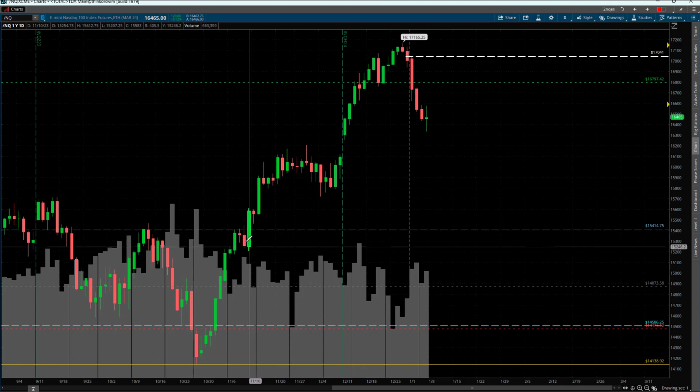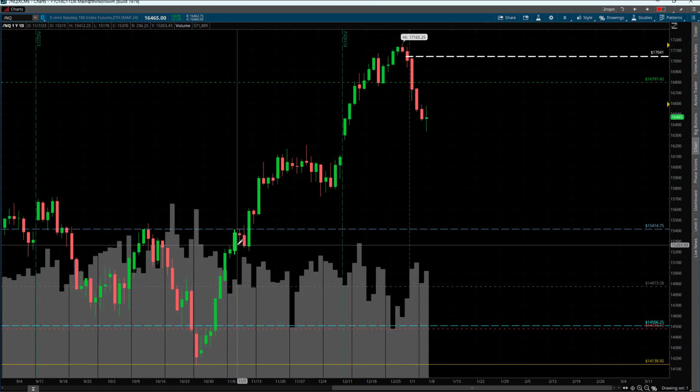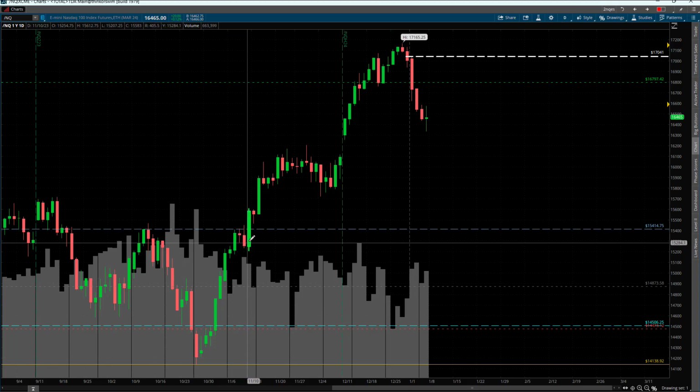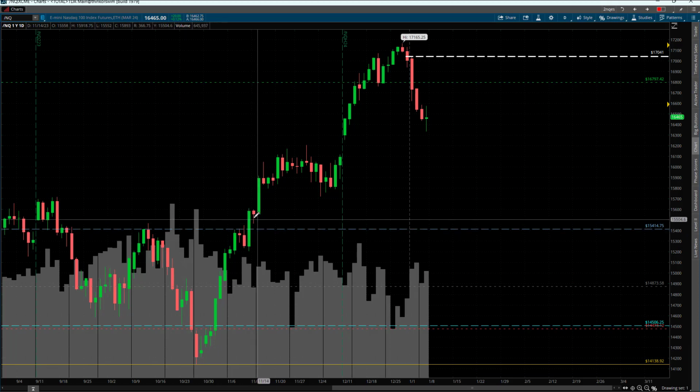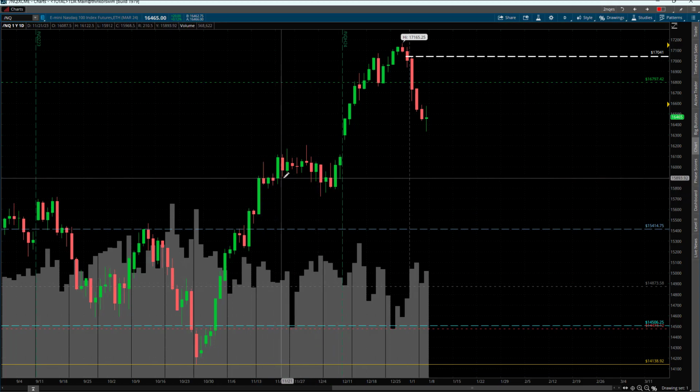We just break down for 1 day. You've got to think about it: we've been trending up for 9 days, and for the first time we take out a previous daily low on the 10th day. This is so important for framing the context of where we're going and not getting caught on the wrong side of the trade. We instantly begin trending back higher again. Day 1, day 2, day 3, we trend higher for 4 days, and then we break down and end up in a consolidation for about 2 weeks.